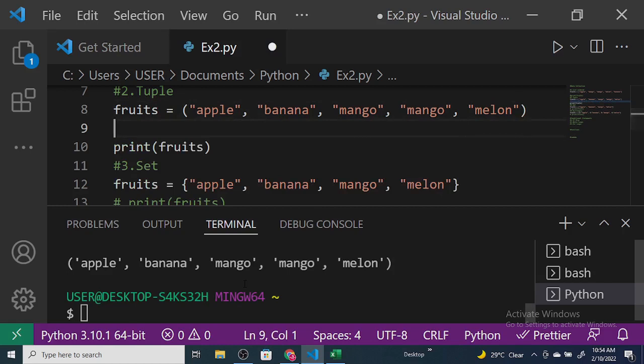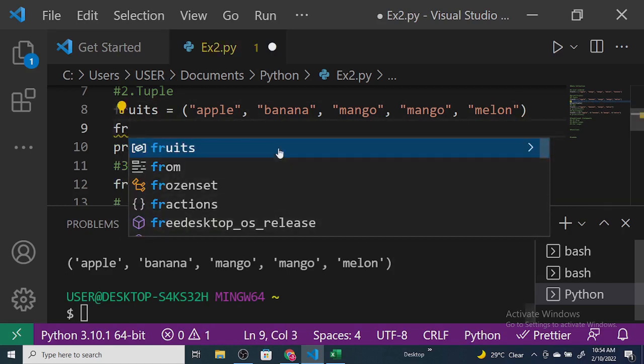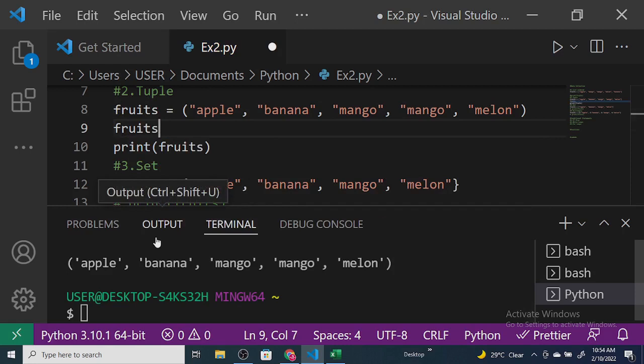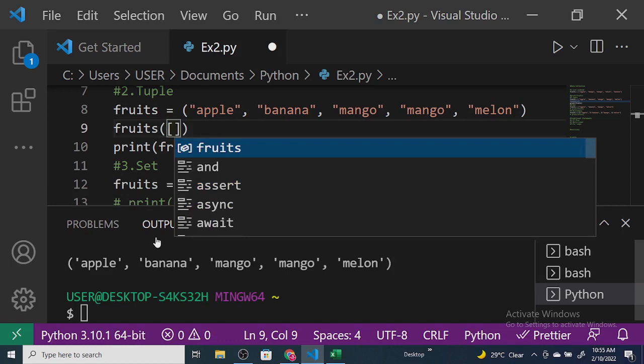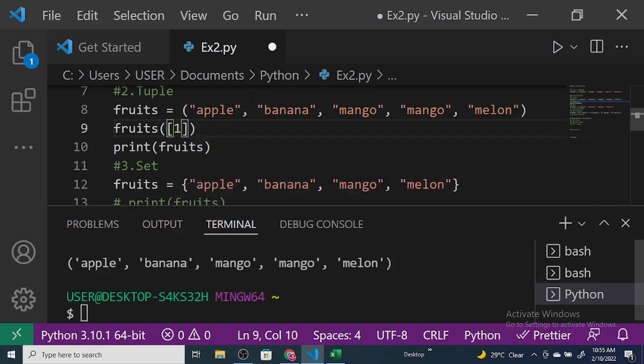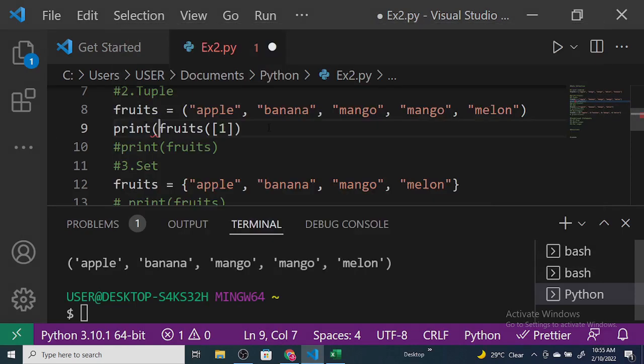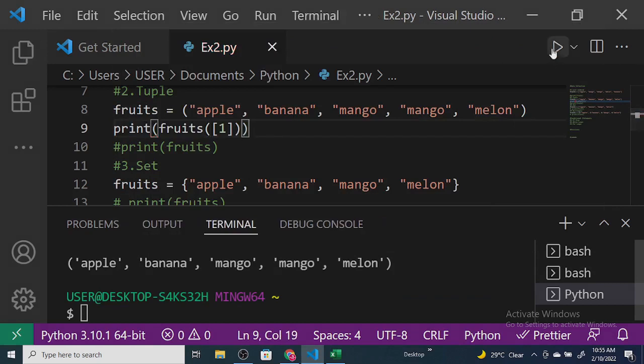So let's say I want to do something like remove. I want to remove banana. Not even the remove, let me just access a tuple index. Let's say I want to access banana. The same way we did with a list, we use the index. So index 1, because apple is 0, banana is 1. Let me comment this. So I want to actually print this. So when I run,